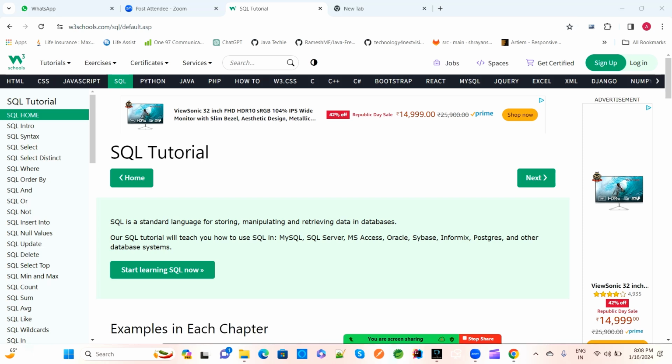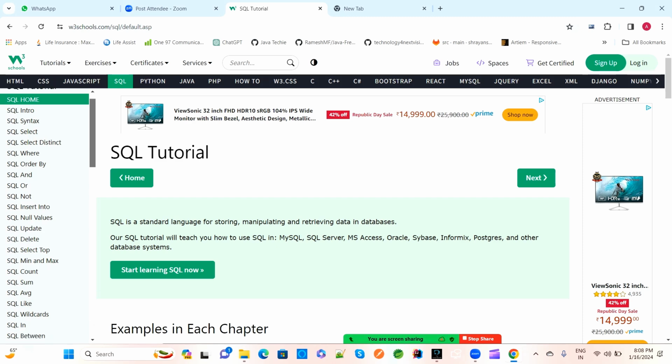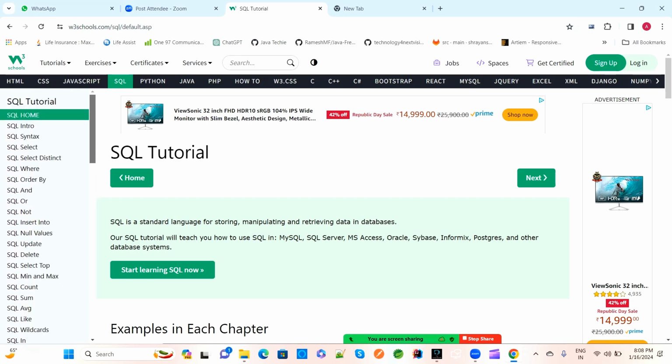So today we'll discuss this SQL. While we are connecting this to full stack development, we have three layers. One is the front end, that is Angular or React. Second is the back end, which is Java, and third is SQL, which has to store the information or perform operations like DML, DDL, or DQL, like insert, delete, update, sort, or fetch the details. So all the information coming from the UI will communicate